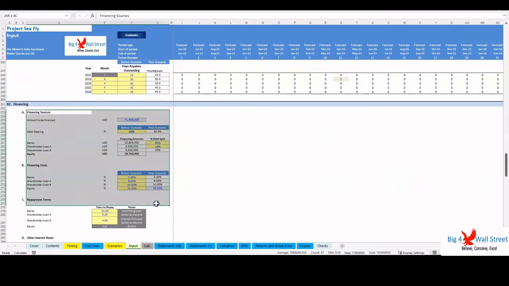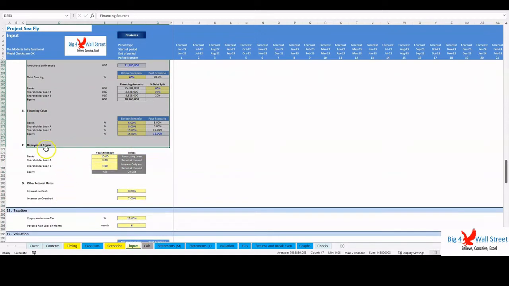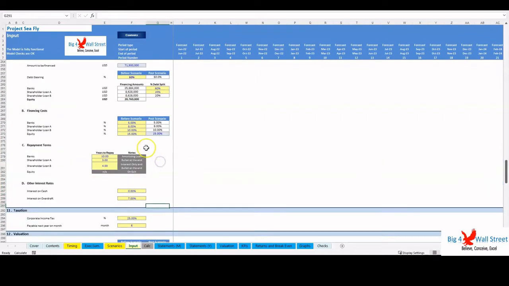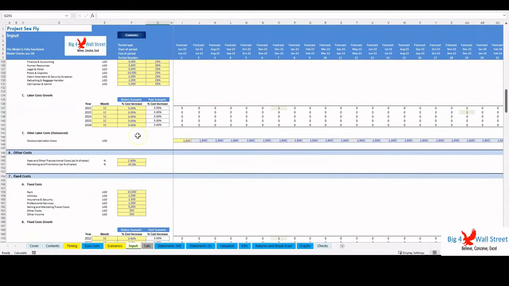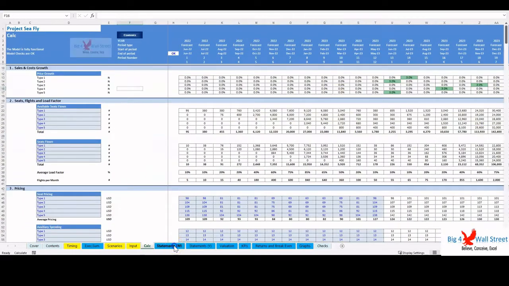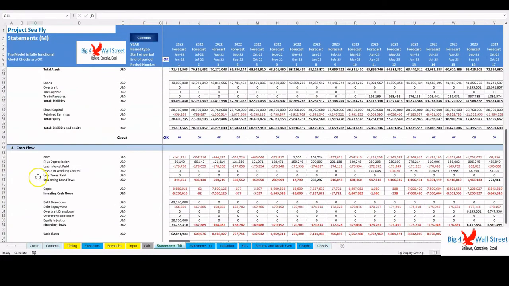The financing options for the project include equity funding from investors and debt financing, amortizing, bullet, or interest only. Afterwards the user can set the taxation and valuation assumptions. All the remaining tabs are automatically calculated from the assumptions that the user has set. The resulting tabs are the 3 financial statements, such as the profit and loss, balance sheet and cash flow on